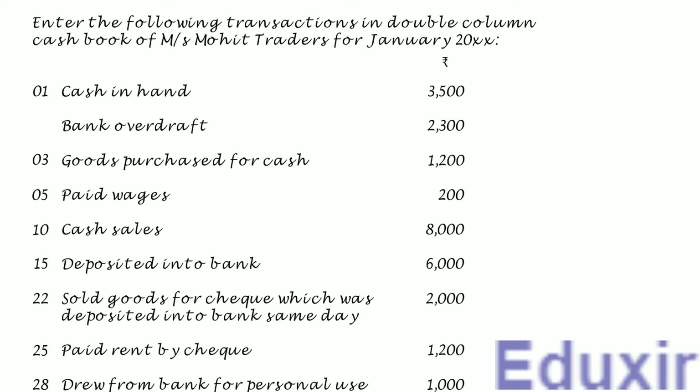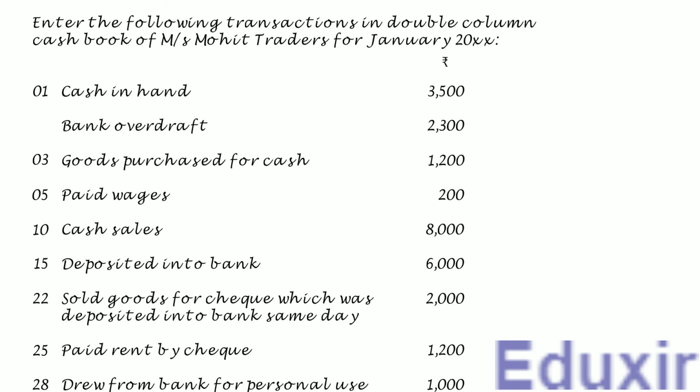In this case, we will limit our scope to just recording the transactions only in the bank column cash book. However, keep in mind that in real-time practice, the posting to other corresponding ledger accounts also happens simultaneously. Just to reiterate, though we do the analysis of the entries to be made into the cash book and other accounts, we will not handle the posting to other accounts in this problem, as we want to limit the scope of this problem to just recording the entries into the cash book. With this information at our hand, let us now proceed with the analysis of these transactions.